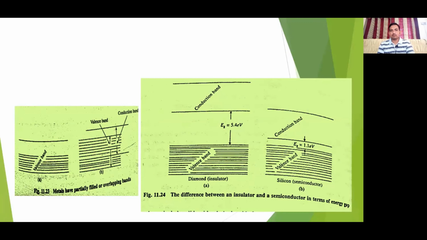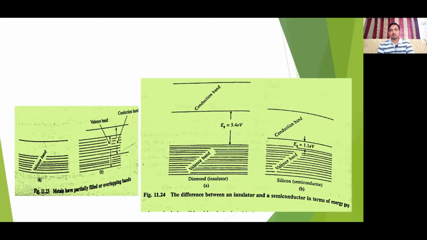the bands are overlapping. If you see this diagram, 11.24 and its part A, for the diamond, which is an insulator, the valence band is completely filled as it is shaded completely. The conduction band is completely empty because there is no shading. And there is a band gap of 5.4 electron volts, which is a sufficiently wide band gap to class it as